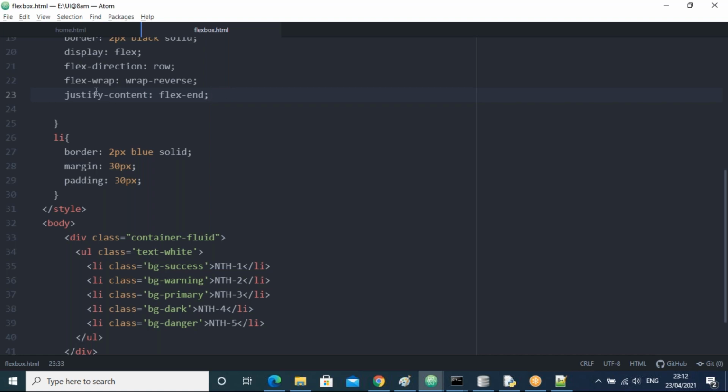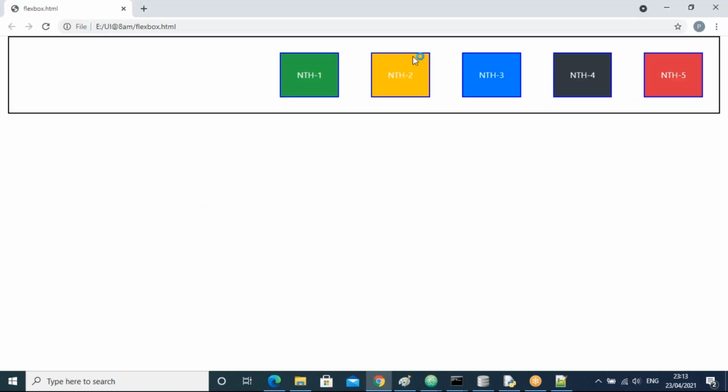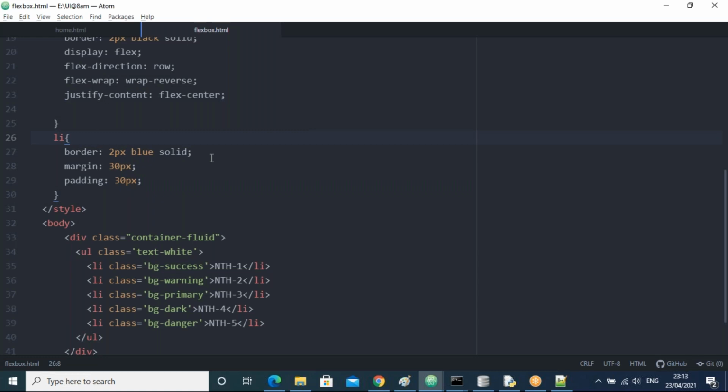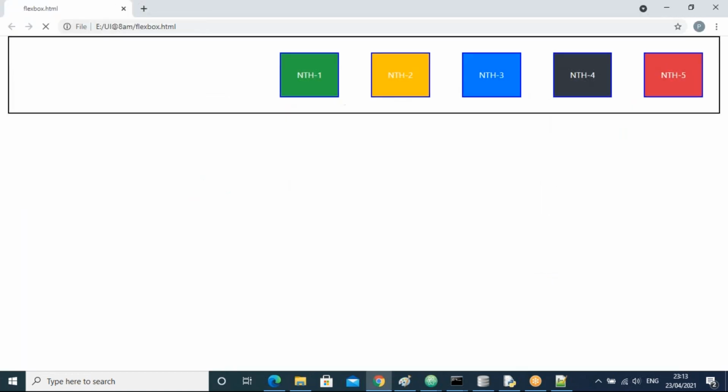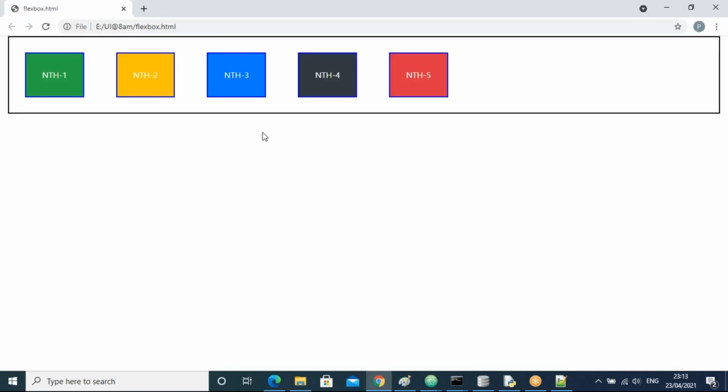Okay, next one, guys. See, I have taken here flex start and flex end, right? Flex end, guys. Let us see now center, flex center. All of you observe, right? So we have seen flex start means from the beginning onwards. Flex end means at the end. I am taking now flex center, guys. Let us see now. Oh, we are taking the center, but it is working as flex start, right? From the beginning onwards,